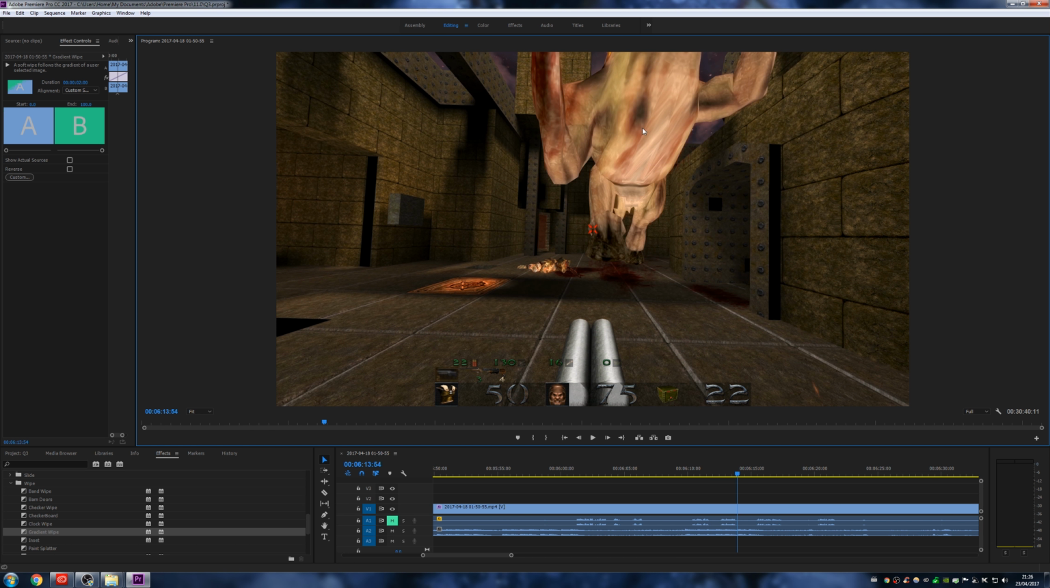There's a fiend there in mid-attack. I've never actually seen that before. It's come to say hello. Right, so that's how to do the transitions in the